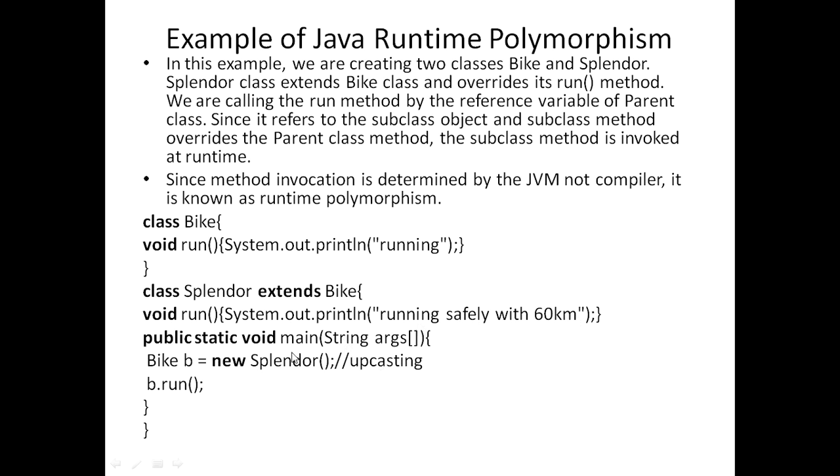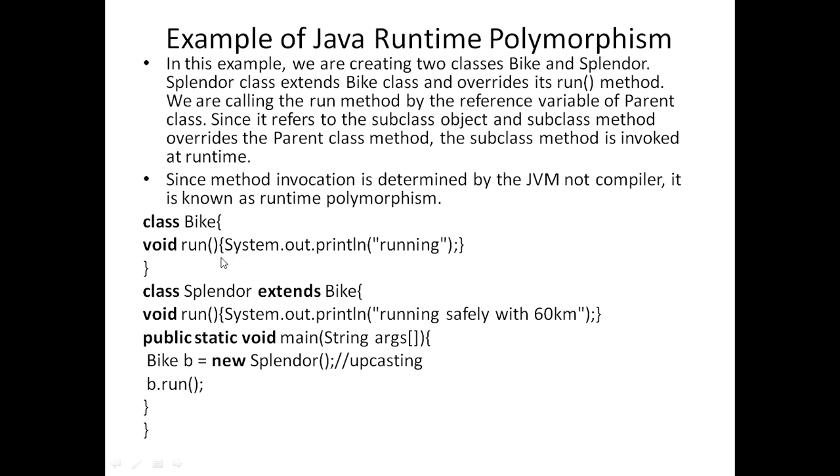The reference variable I have defined here is going to point to the object of the child class.